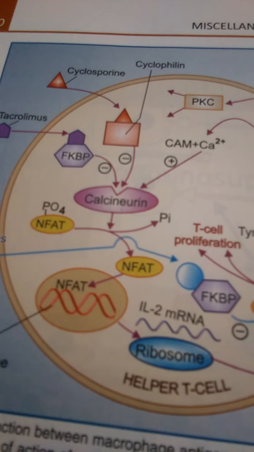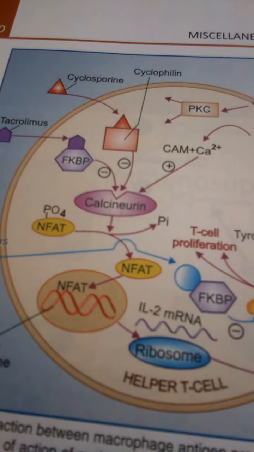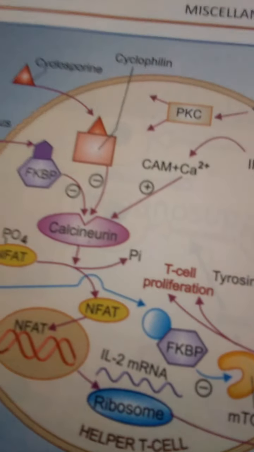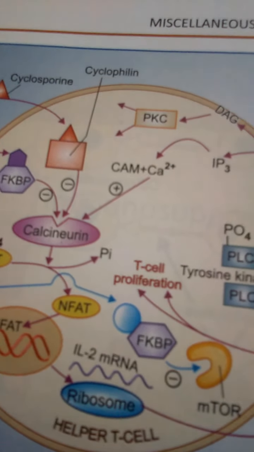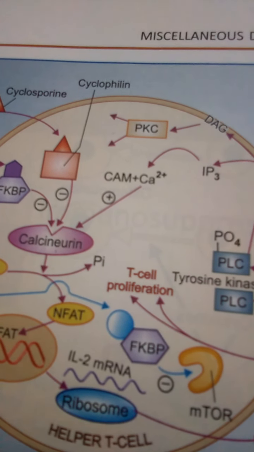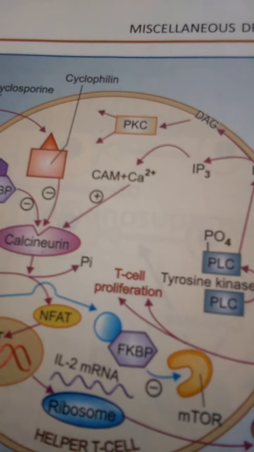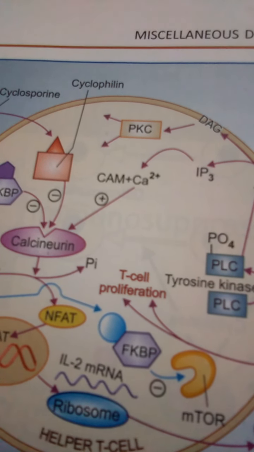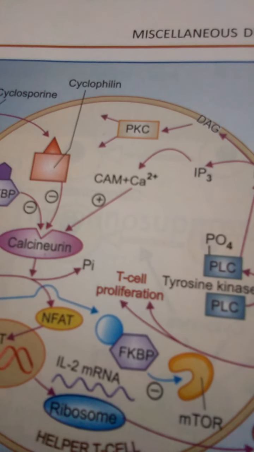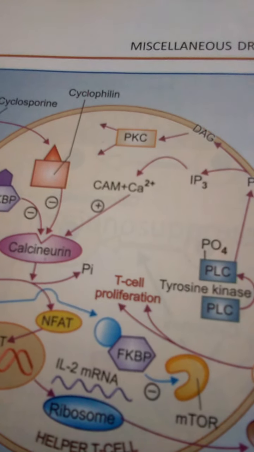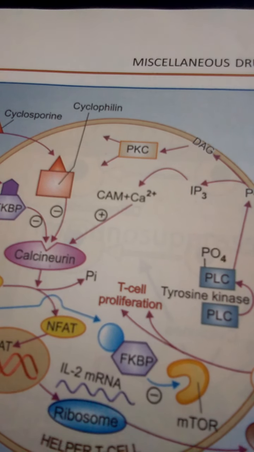So this is about the mechanism of cyclosporin. Cyclosporin is the most effective drug used in the treatment of graft rejection reactions. Graft rejection reactions mean mainly the organ transplantation reactions. During organ transplantation it is mainly taken by the oral route, and it works for up to 12 hours. Before transplantation, whenever the graft rejections are started, you should give it orally.